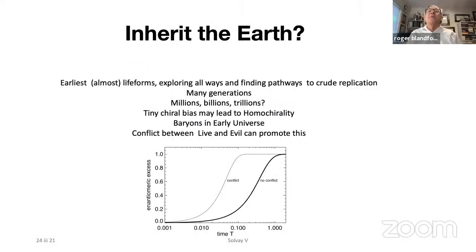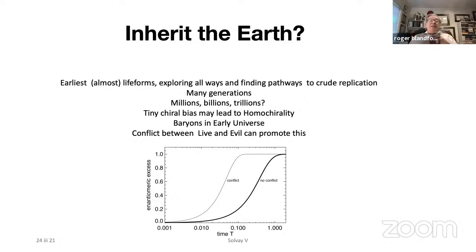But before I come on to that, let me emphasize a point that may not have been completely clear, that a very small chiral bias, say 10 to the minus 6, 10 to the minus 7, or something like that, a very small difference, can in fact lead to what we call homochirality. Everything we have seen so far is the same live system, not the evil system. That could, of course, change tomorrow if some extremophile is found that is evil, but it hasn't happened as yet.